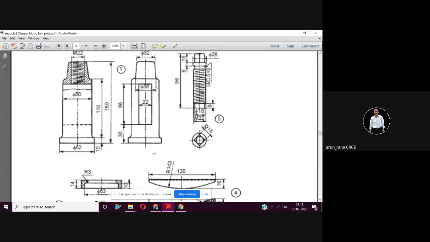So when this half section is done, then you can revolve this. Revolve this. So you will get this, except the hole. The hole also you can draw here. Now this is M22, so you consider pitch as 2, M22 by 2. So here you will have to draw the minor hole, that is 20. So you can draw one line here at 10. So when you revolve it, you will get this complete solid with this hole inside.